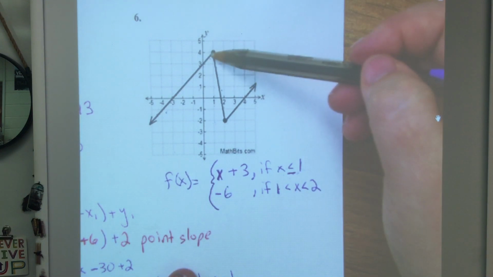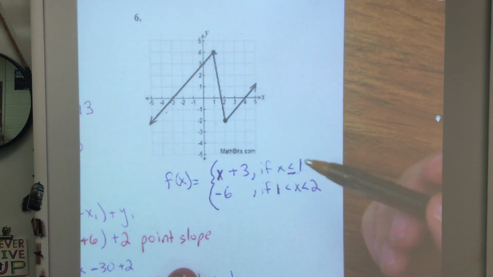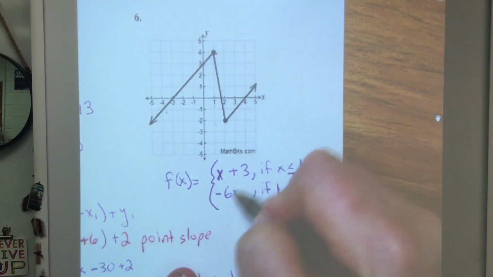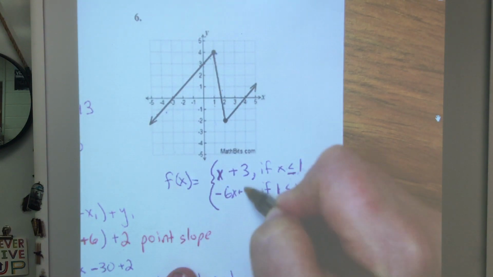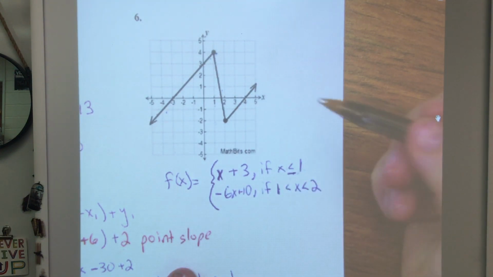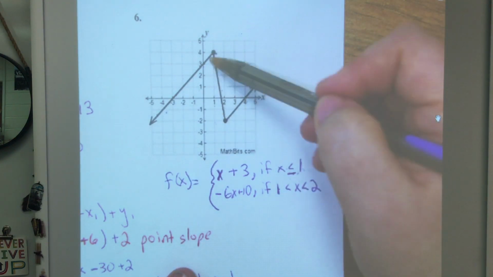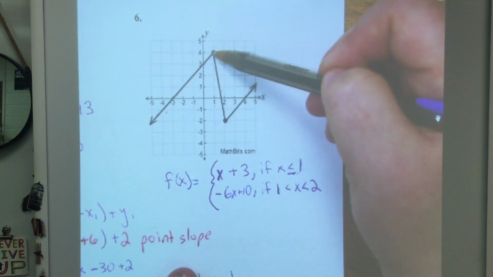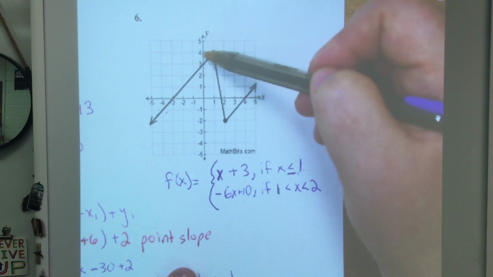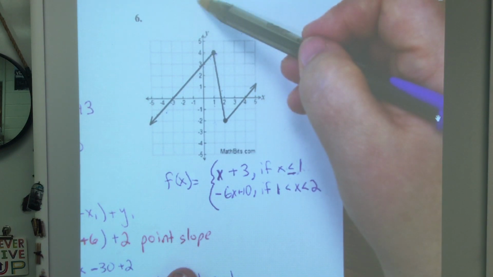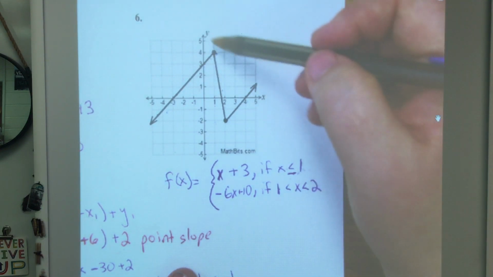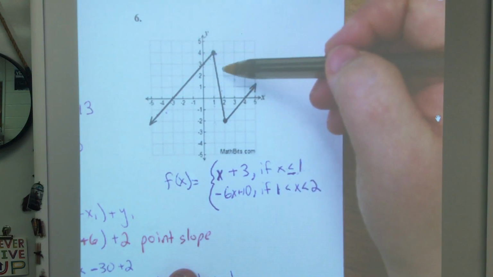Now, 2 things you could do. I know it's 6, so I could go 4 plus 6. That's 10. So I'd have -6x plus 10, and I'd be done. But some of you probably don't understand what I just did. I just know from here, I'm at the 4, and then if I go left 1 and up 6, I would hit 10. If you're not comfortable doing that,